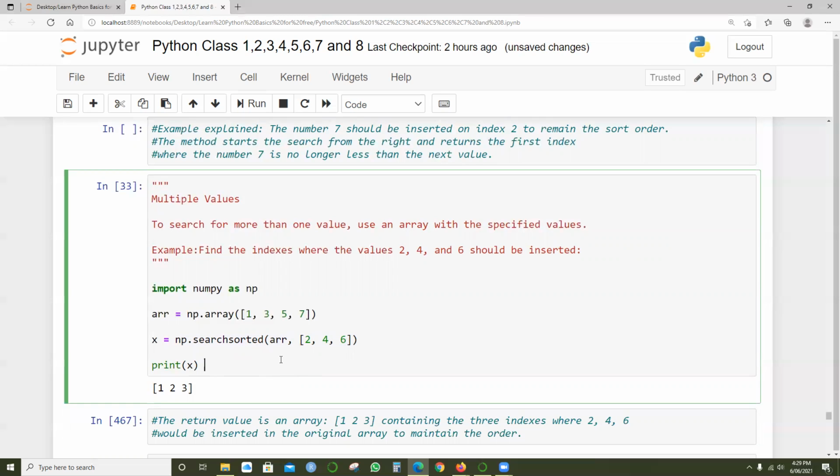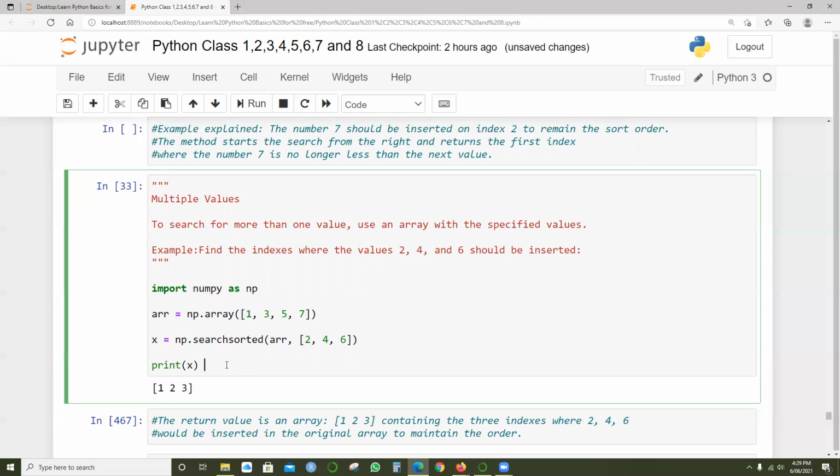It's like 1, 2, 3, 4, 5, 6, 7. Just bear with me here. What I mean to say is, what is 1? It is the 0th index, and next is the first index.